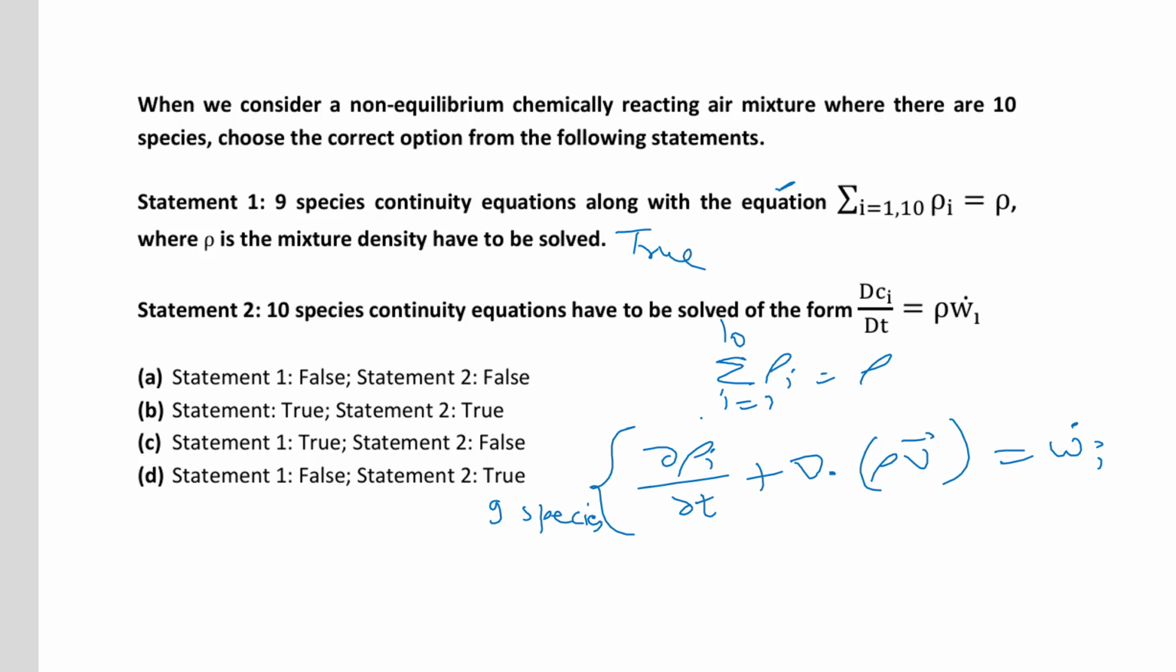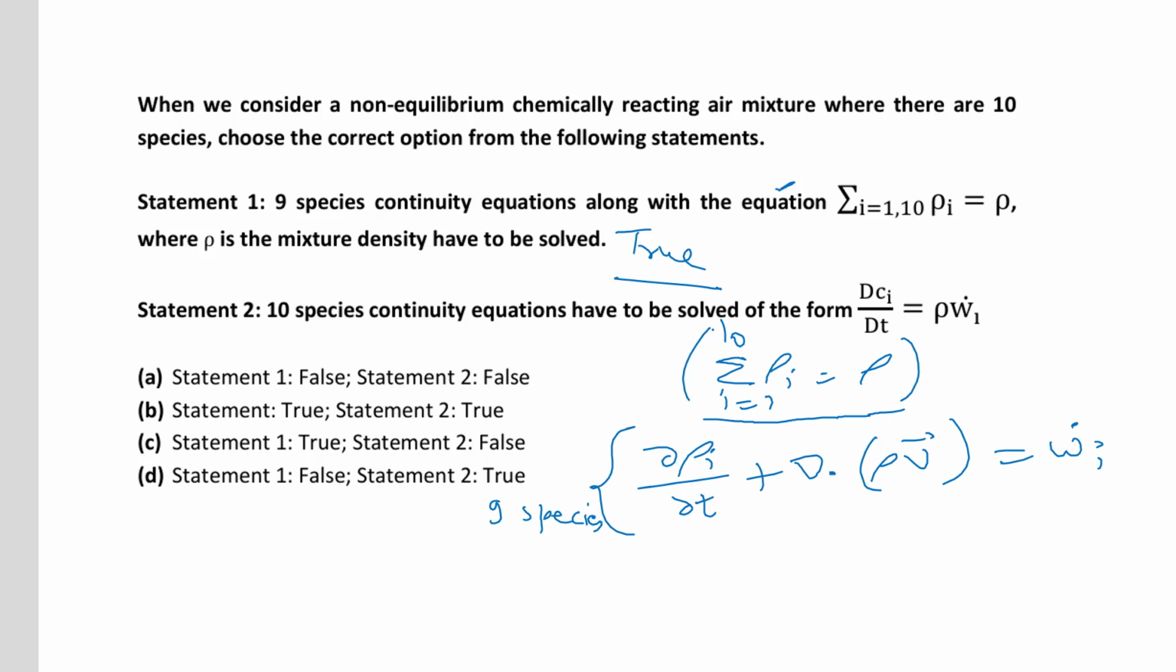We use this because if we use all 10 species continuity equations, there might be some error because it may not satisfy this criteria, because this is one constraint of the equation. If this constraint is not satisfied, then the solution will be incorrect. Statement 2 says 10